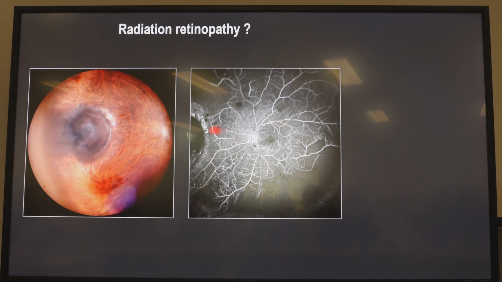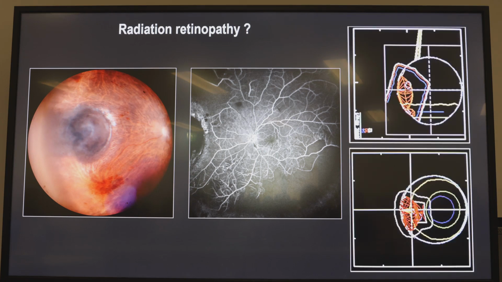This is a melanoma that has been treated with proton therapy. And 1.5, 2 years later, this is the panoramic angiography. And you do see this perilesional ischemia, you might expect that this is the safety margin of the radiation, that it probably is radiation induced. But this one is, like the previous case, at a distance. We look now at the beam. It's an old plan. And you see here,